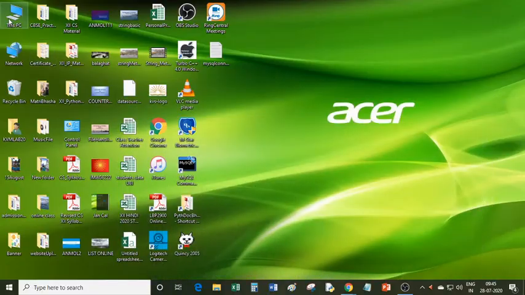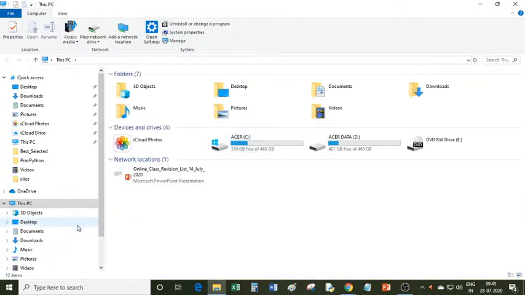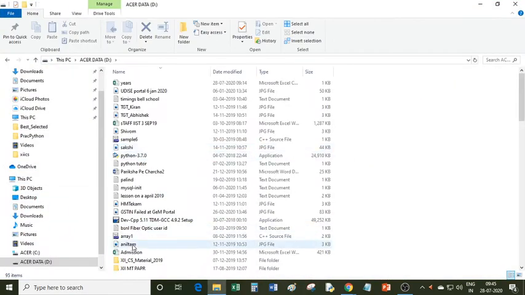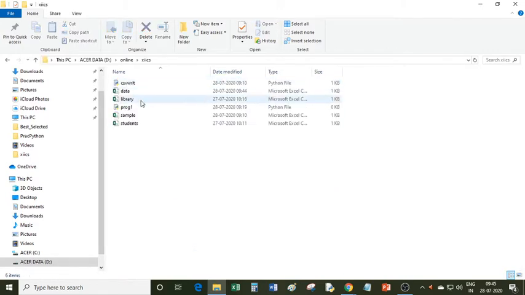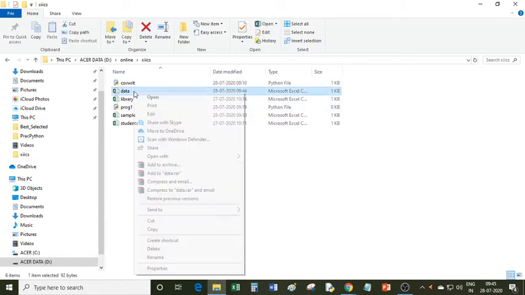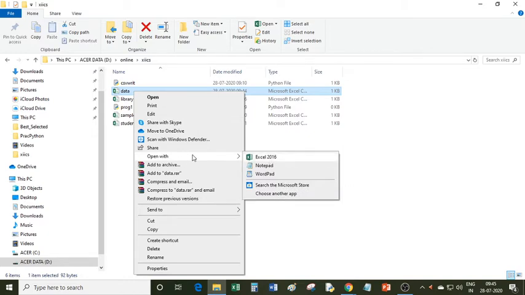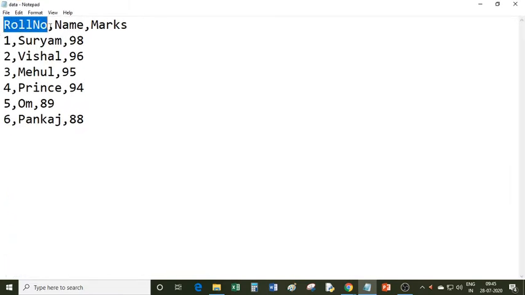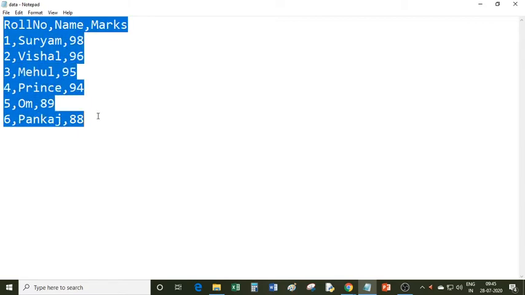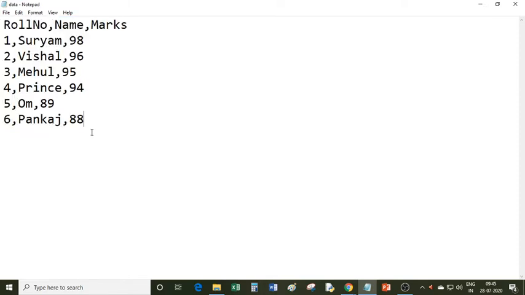And if you open that file in Notepad, so I am opening that file, and if you want to open the file in some other software, you can right click and select open with, and inside the Notepad you can see each data value is separated by comma. And if you open this file in any spreadsheet program, so these data will appear in the particular column. So this is known as the comma separated value file, CSV file.